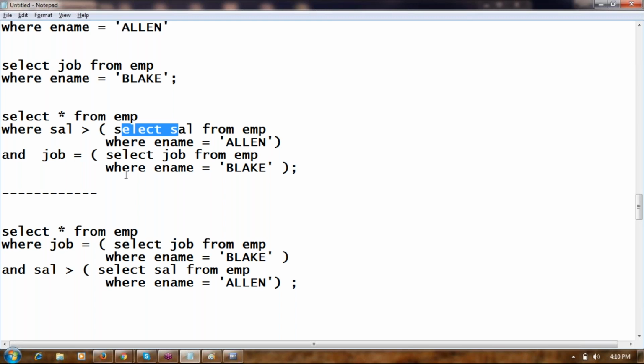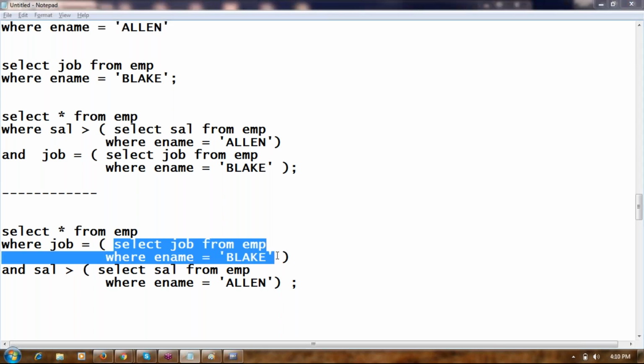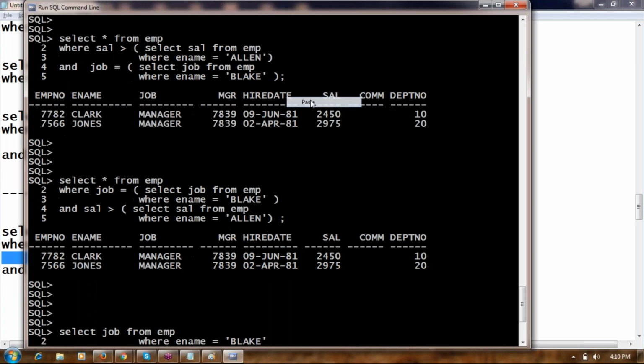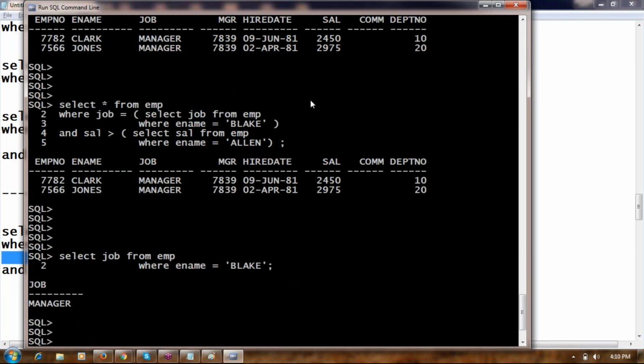Okay. And one more important point, observe the syntax. Always the subquery should be inside the brackets. And one more point, if you copy paste the subquery, it should run independently. Every subquery should be an independent and complete query.